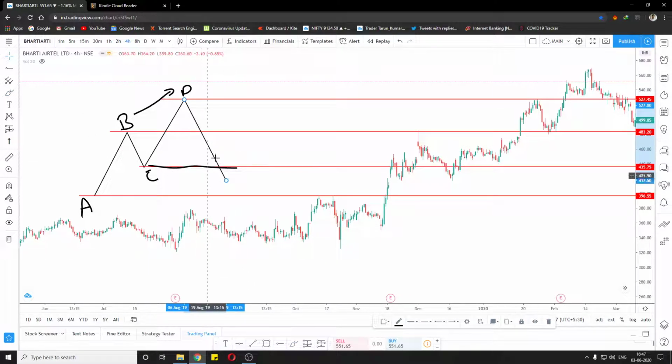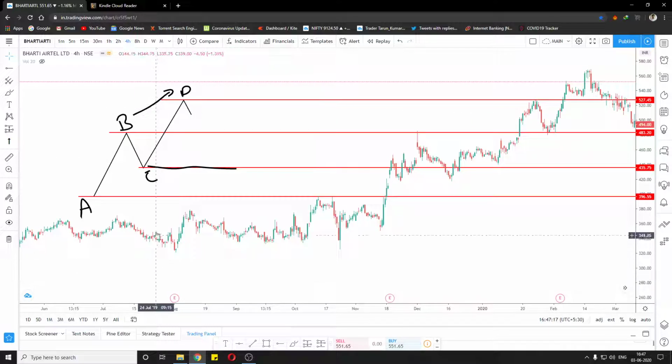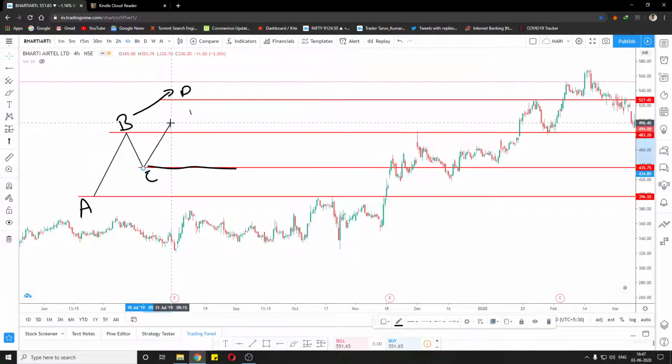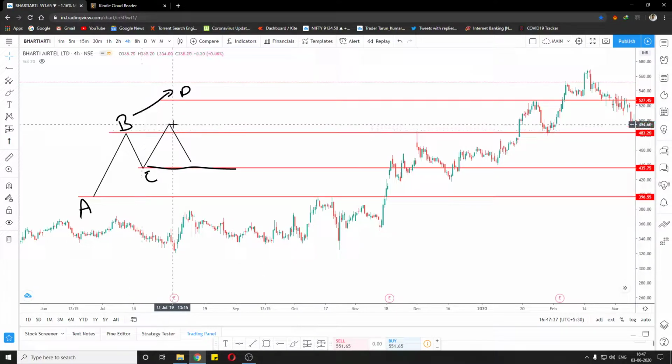Let's say it closes here, then this uptrend is broken. So the basic principle is it can even close till here, or it can just do like this. But the basic principle is it should not cross C, and this C to D move should go above A, should go above B. It can be like this as well, doesn't matter. And this move can look something like this. This is still an uptrend because we made a higher high and a higher low.